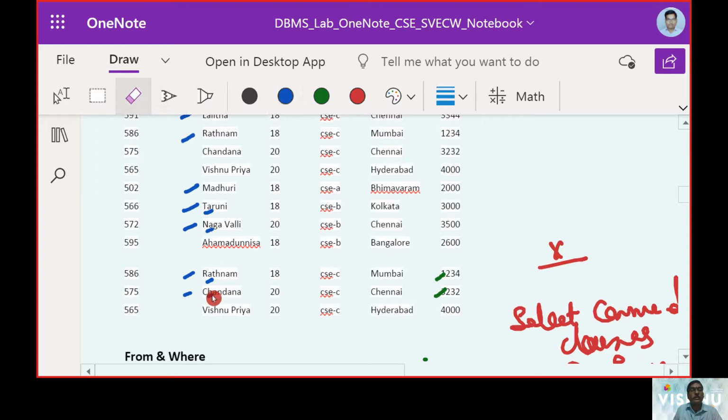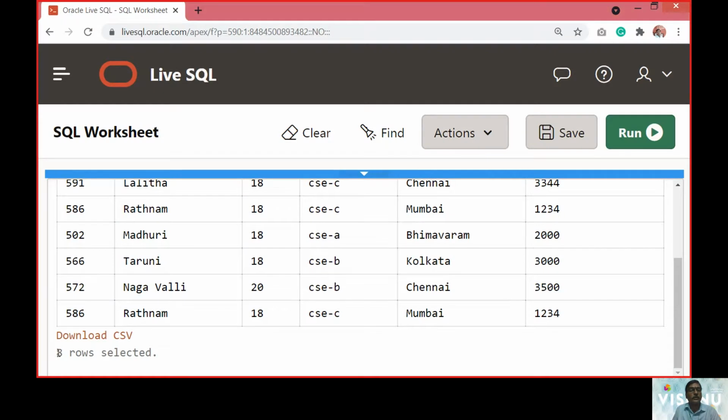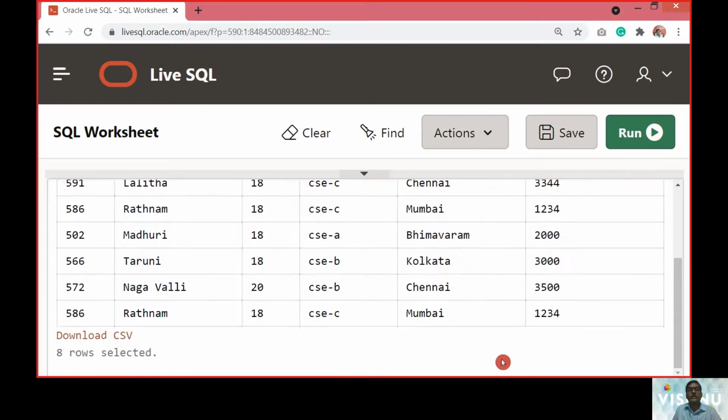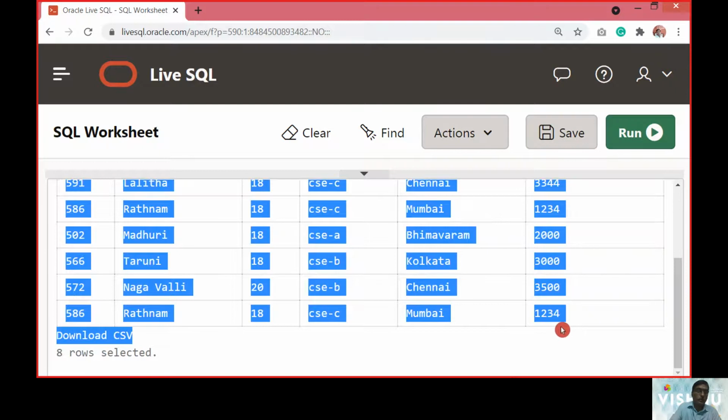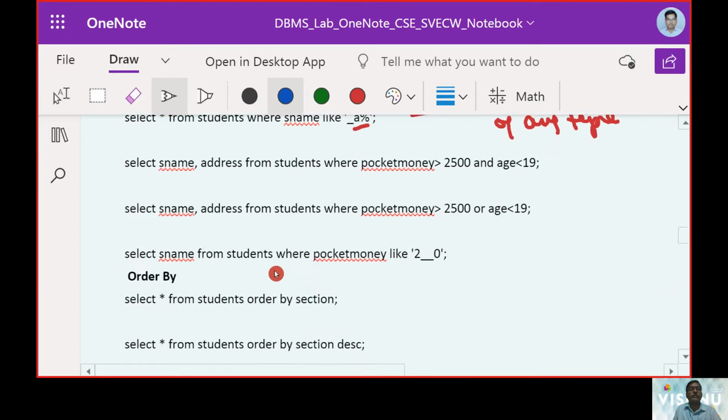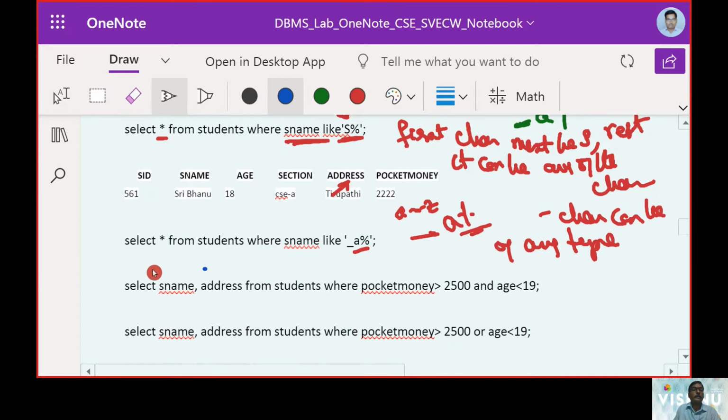So Chandana, it is CH. So we should not consider it. So in total we should be getting only 8 rows. So we got the 8 rows here. You can see up, we got the 8 rows. So let us save this in our notebook for understanding in future. Okay. So we will wind it up here.